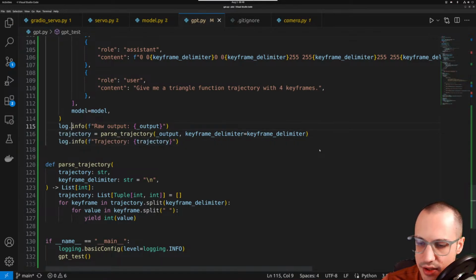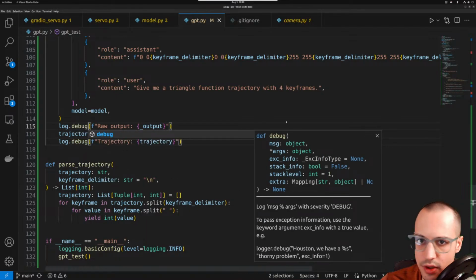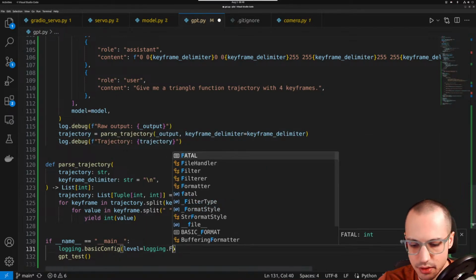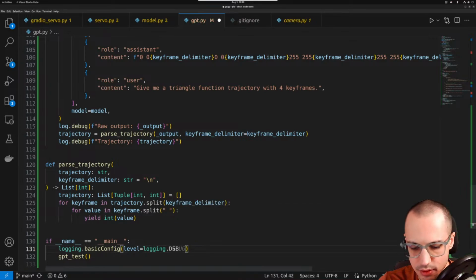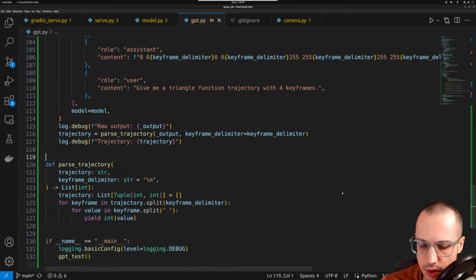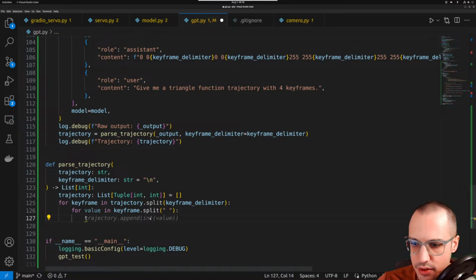And let's make these log debugs here, and then we'll turn this into debug. Okay. No, we also don't want this. We want